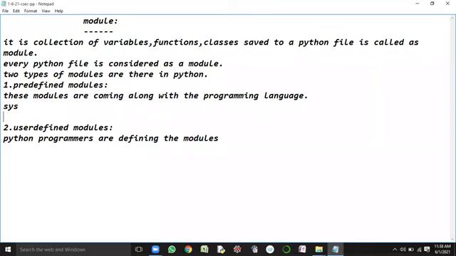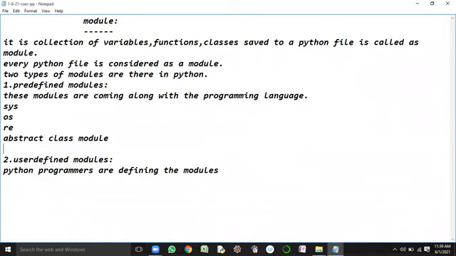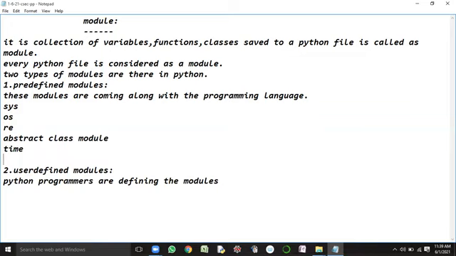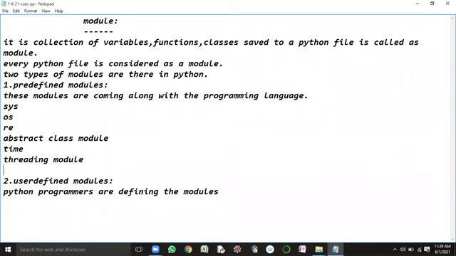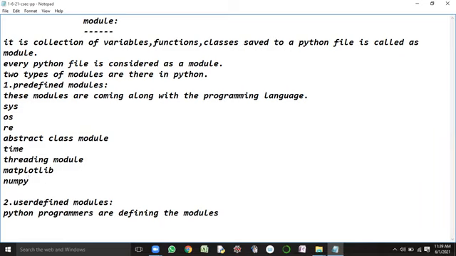Then the os module, re module, abstract class module, time module, threading module, matplotlib module, numpy module, and pandas module.